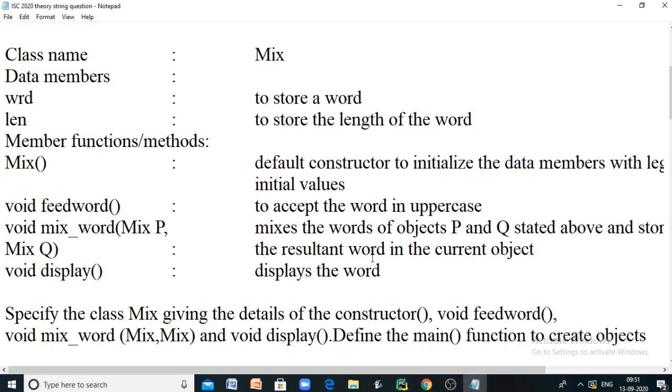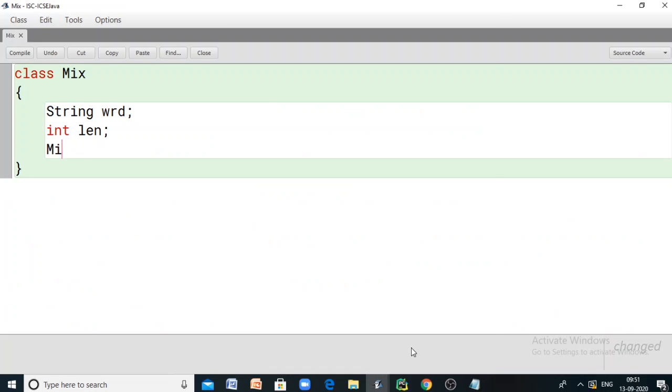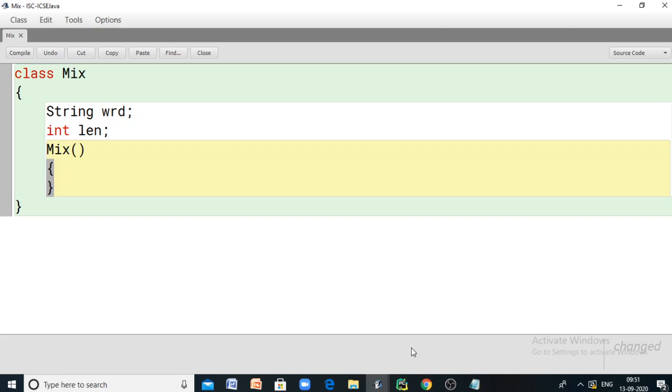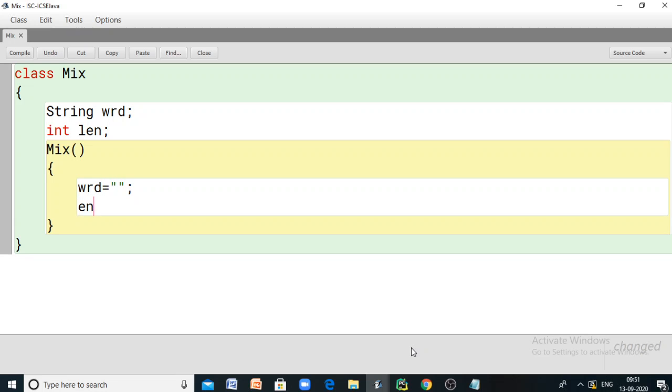So let us create a default constructor in our class Mix without any parameter, and this constructor is going to initialize the data member word with an empty string, a legal initial value for a string, and len with an initial value of 0, a legal initial value for an integer variable.